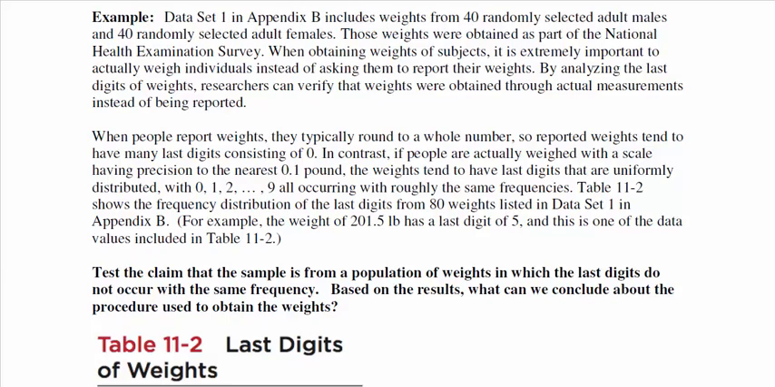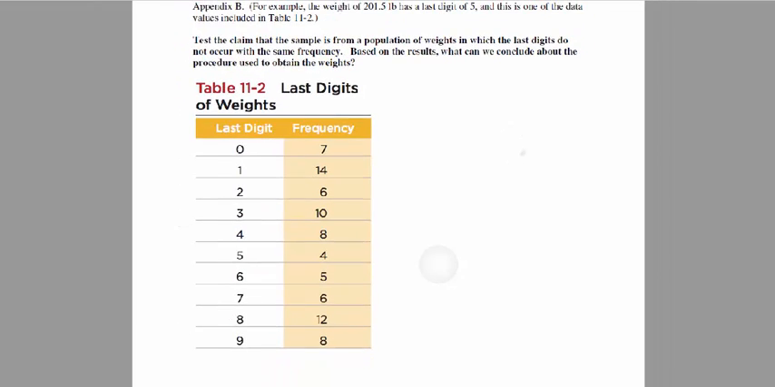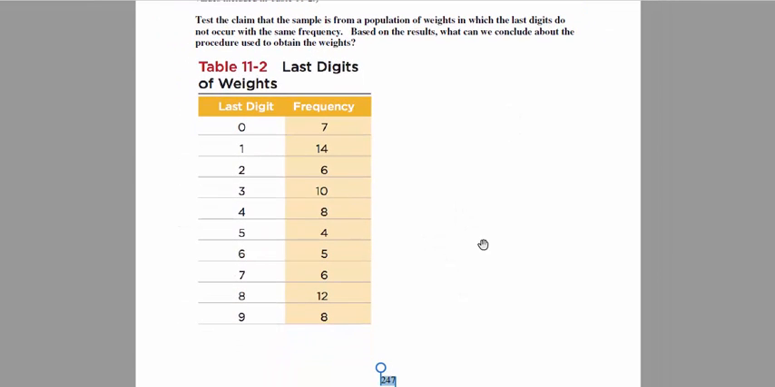So let's go to the example here. Test the claim that the sample is from a population of weights in which the last digits do not occur with the same frequency. And then based on the results, what can we conclude about the procedure used to obtain the weights? So let's write down the null and alternative hypothesis. So we are testing the claim that the digits do not occur with the same frequency. So H0 is O is equal to E, meaning that the last